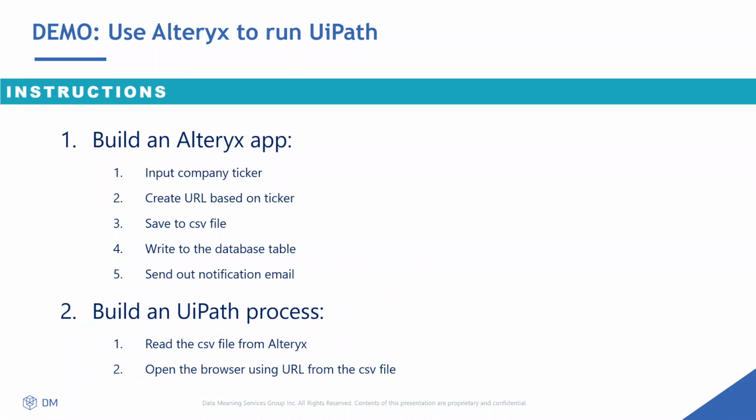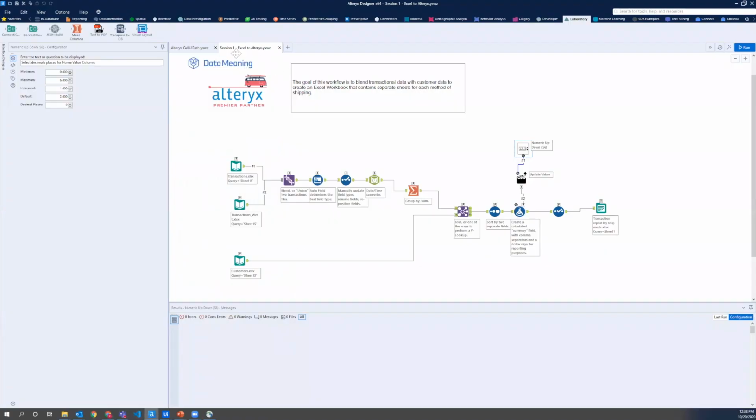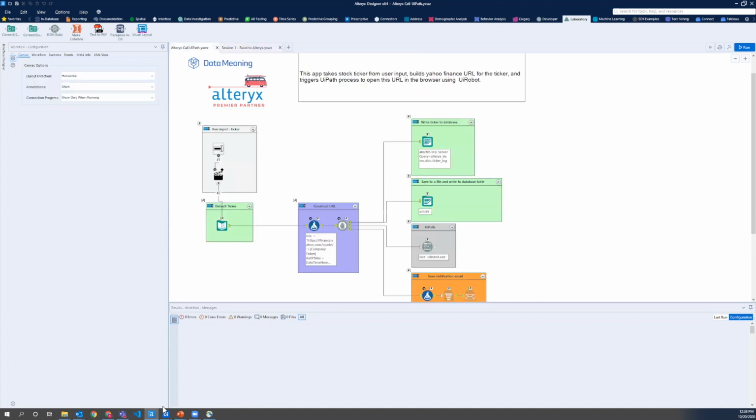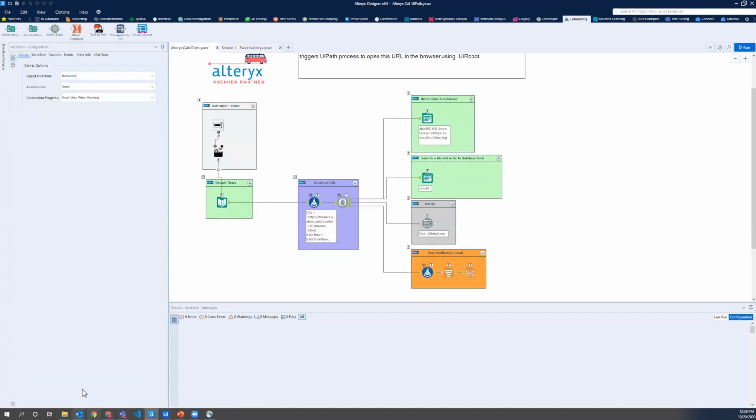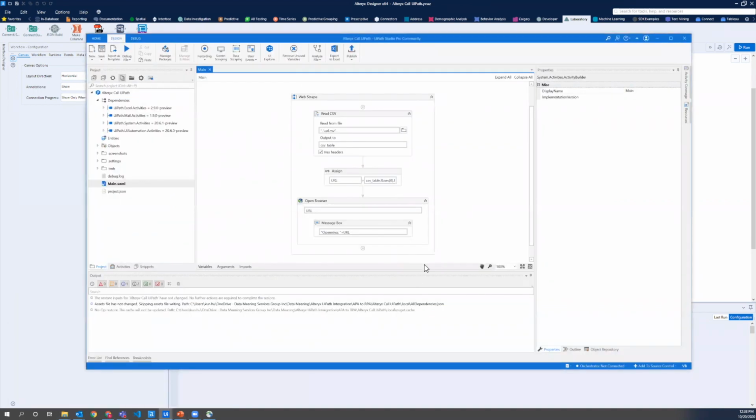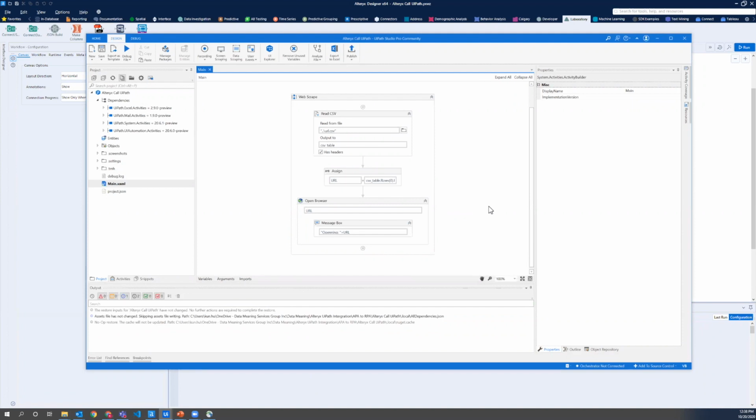So let me just switch to the Alteryx. Okay, so first of all, I have the Alteryx workflow, which can trigger the UiPath. And I also have the UiPath workflow, which can open the browser based on the URL. So let me just run this